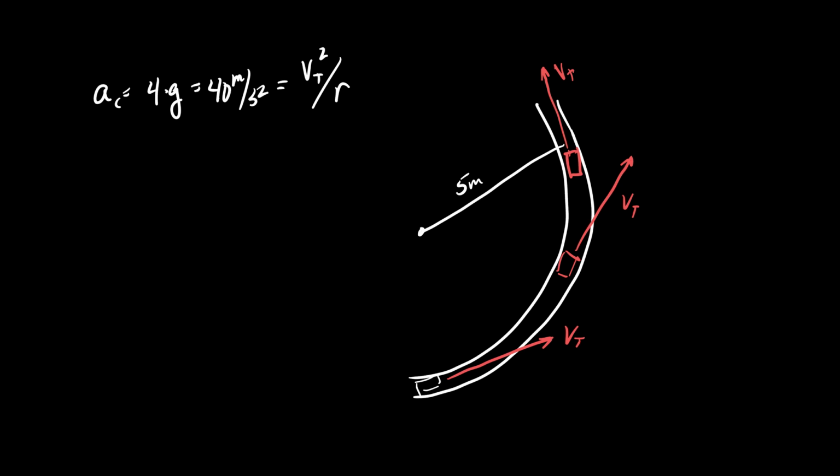V squared over r has to be equal to 40. Now we know what r is, it's 5, so 40 times 5 has to equal v squared, so v is the root of 200. Pretty sure that's it. So the cars have to travel 14 meters per second